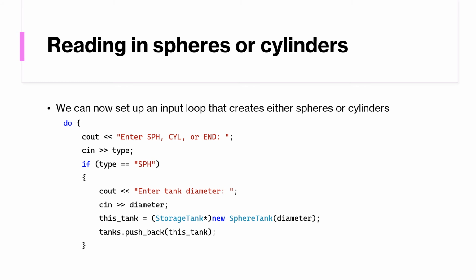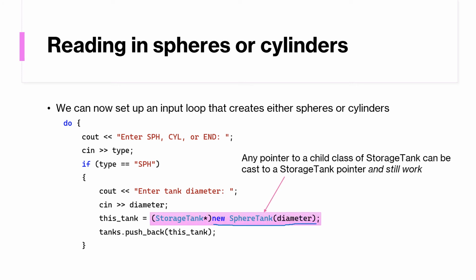We create a new sphere tank and call its constructor with the diameter, and then any pointer to a child class of storage tank can be cast to a storage tank pointer, and it will still work as a sphere tank. That's the polymorphism magic. Okay, so we can add it to tanks, called tanks.push_back this tank, and as far as